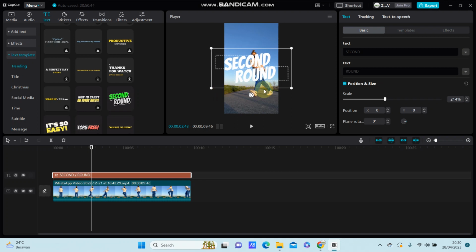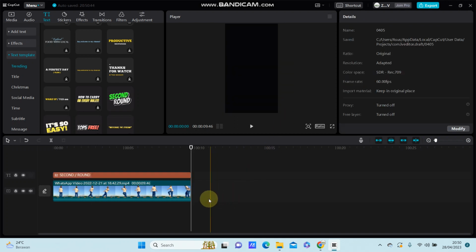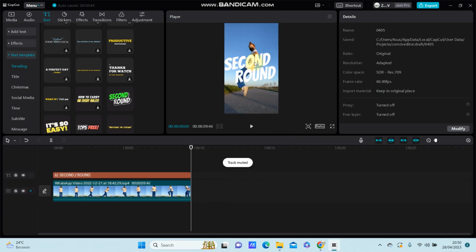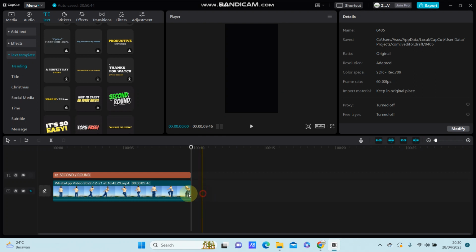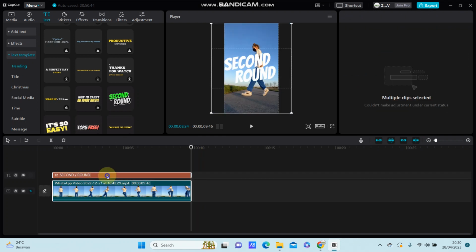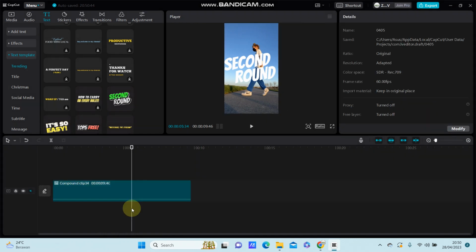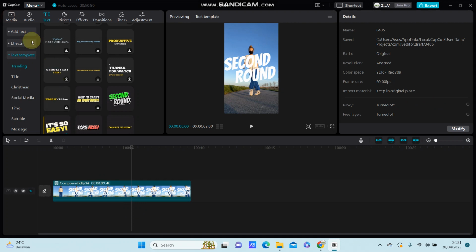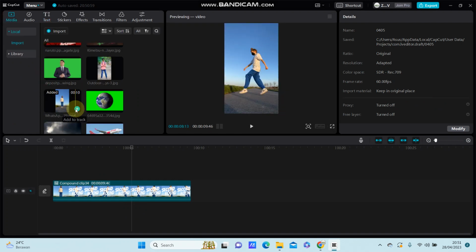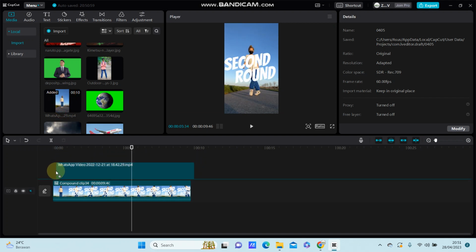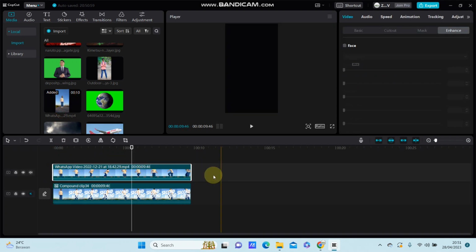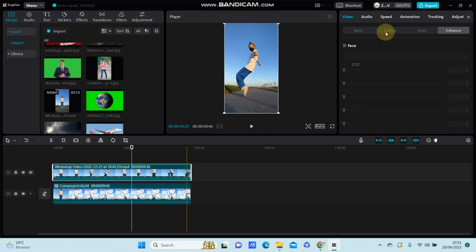So, and then to make the text behind the object, you are just going to select the clips and then right click, select create compound clip, and then you can go to media and add the same video to the track. So put it as an overlay, put it on top as another clip, and go to cutout,